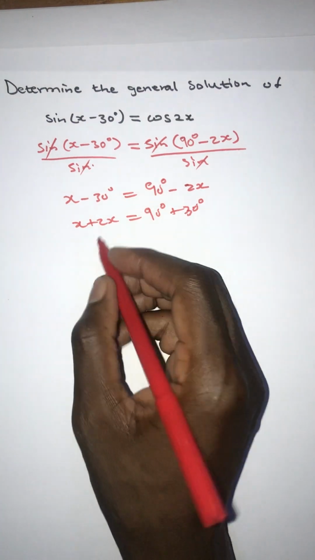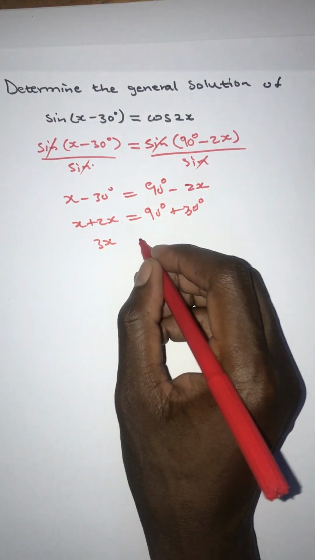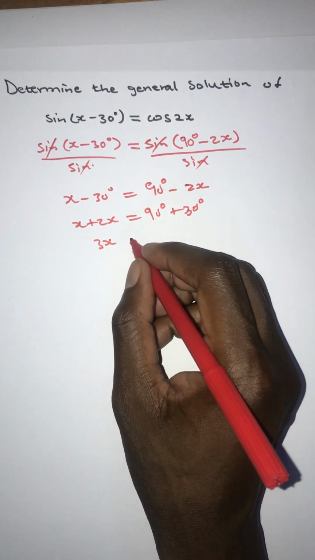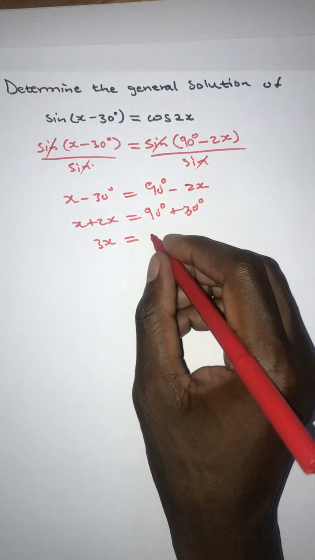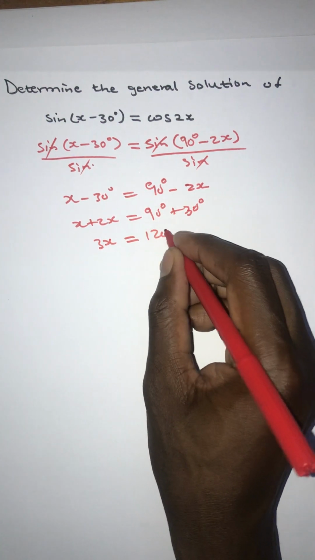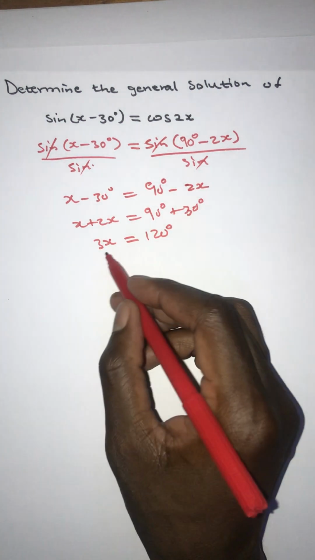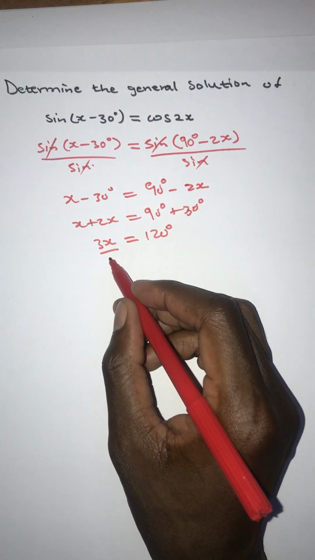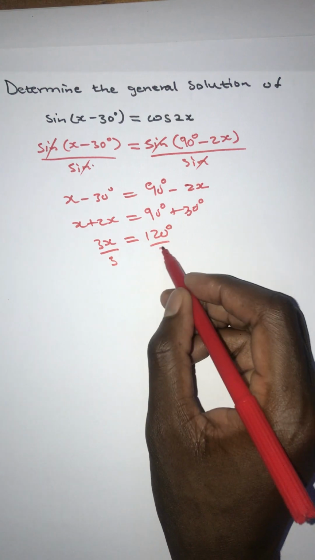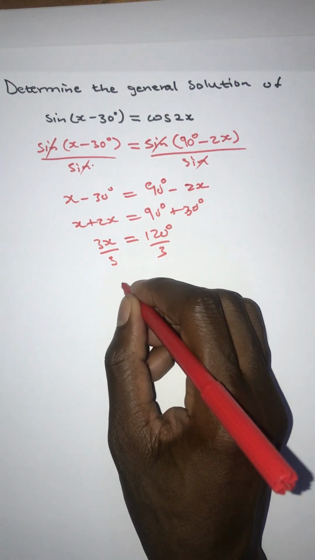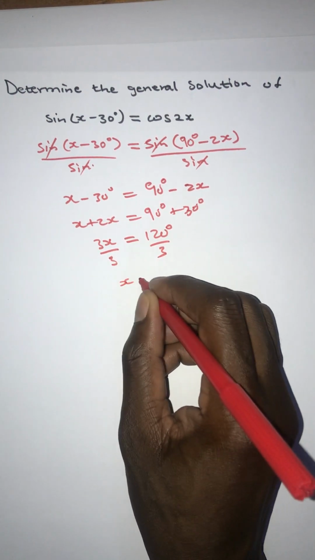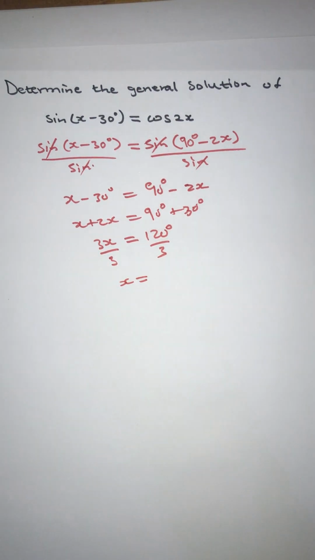So this plus that, just 3x is equal to 120 degrees. So we divide by 3. X is equal to, from the calculator,